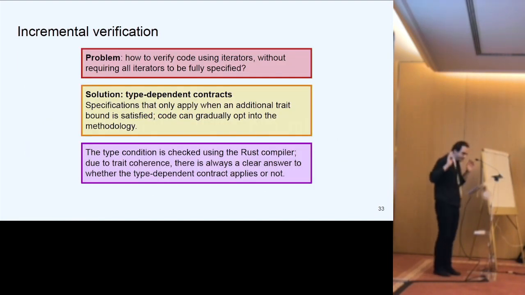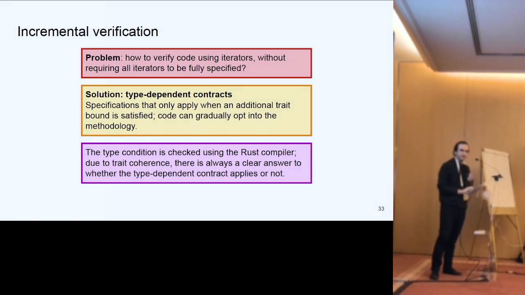Just to re-summarize, our problem was how to integrate with realistic code bases. We applied this type-dependent contracts idea. We have found, since working on iterators, that this idea is rather useful in other situations. In particular, there are many marker traits in the Rust standard library where this kind of thing naturally fits. And the particular design we chose, where the trait bound that needs to be satisfied is written in the extern spec of the trait being extended,